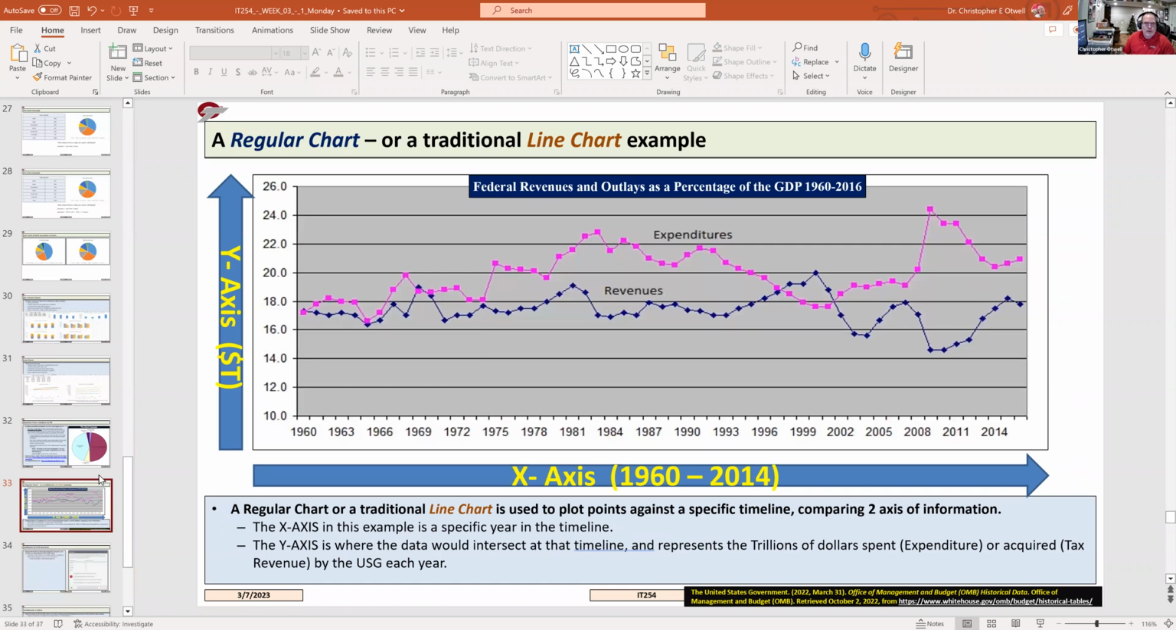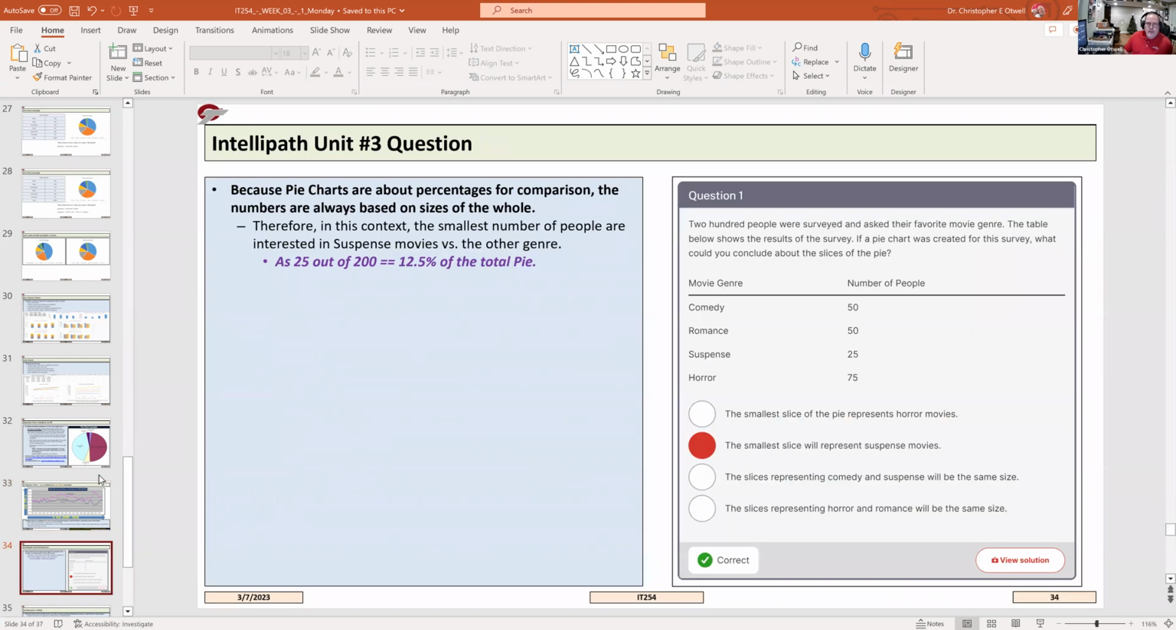And then you can get into line charts or graphing charts like this, where you can then talk about long periods of time and bits and numbers as things work. One of the other IntelliPath questions is,